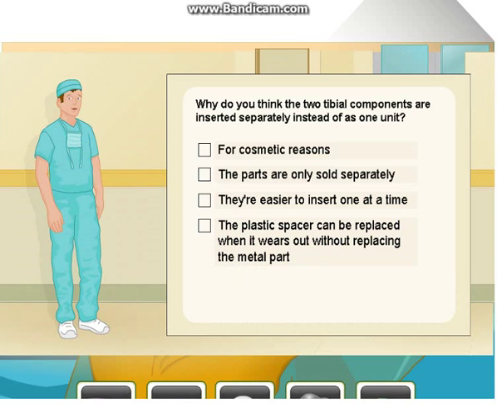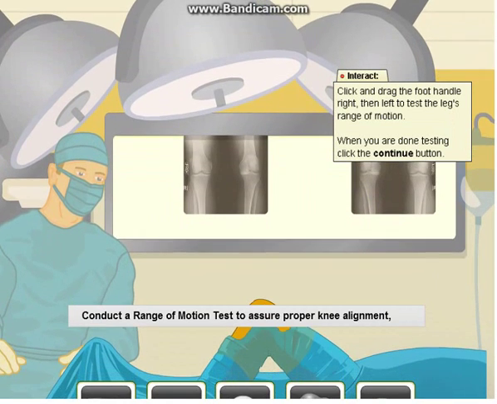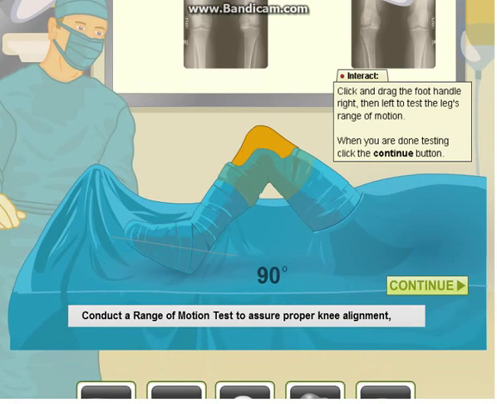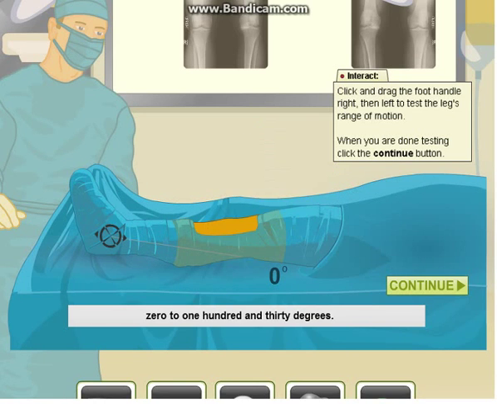Why do you think the two tibial components are inserted separately instead of as one unit? Conduct a range of motion tests to assure proper knee alignment and successful prosthetic fit. Typically, a normal range of motion allows the leg to move from 0 to 130 degrees. How does our patient's range of